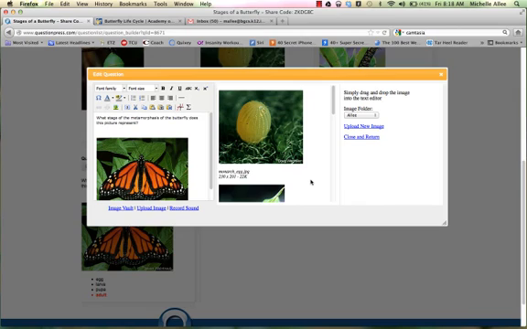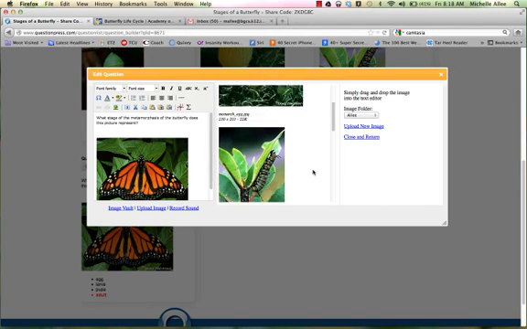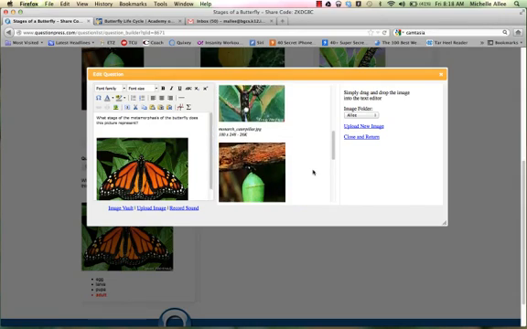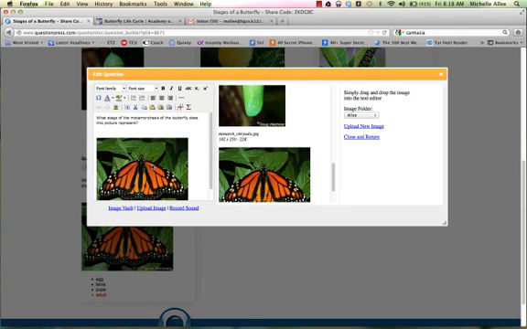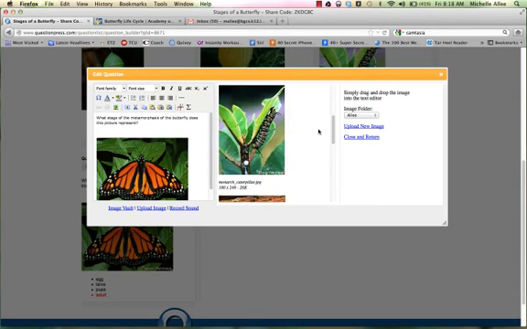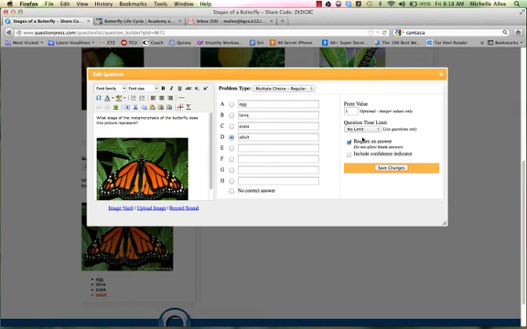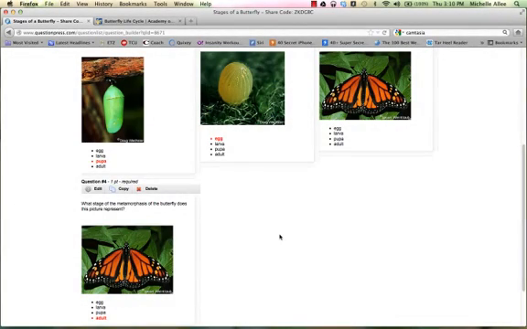So now that I have all of my images uploaded and I can see them sitting here in my vault, I already have the picture in that I want, and I'm simply going to click on Close and Return. And then I'm going to click on Save Changes. So I come back